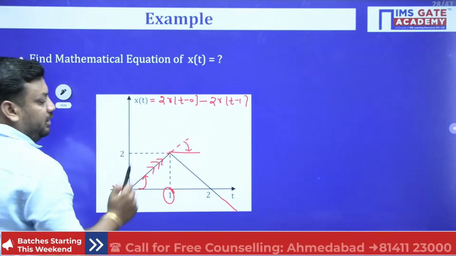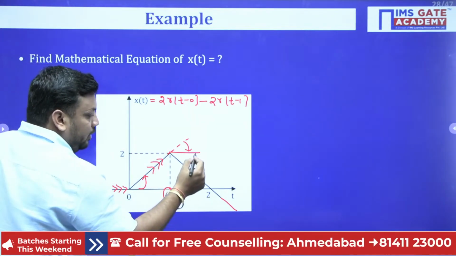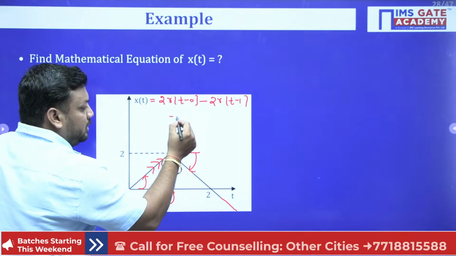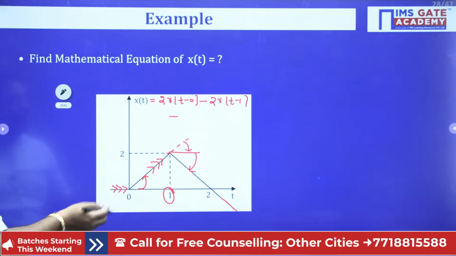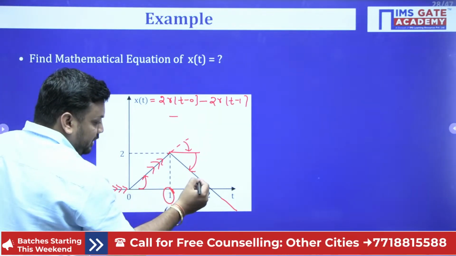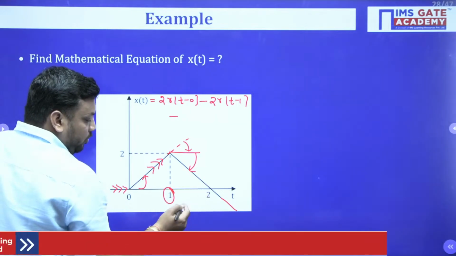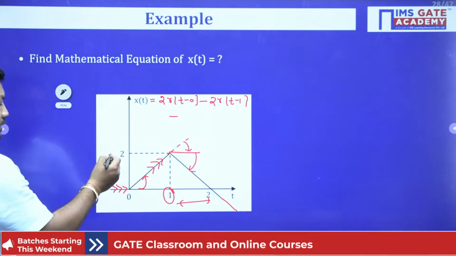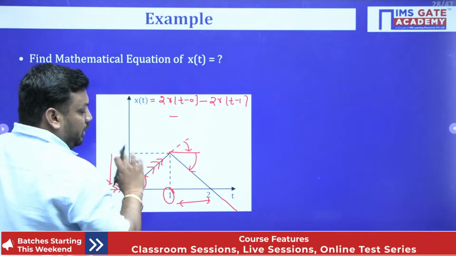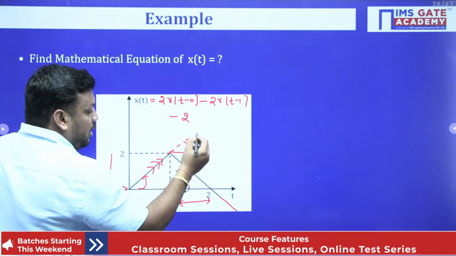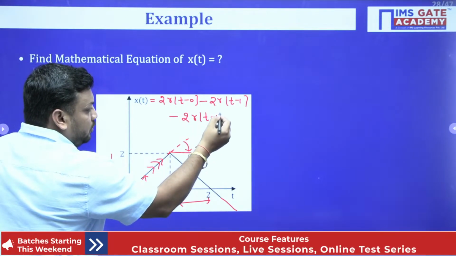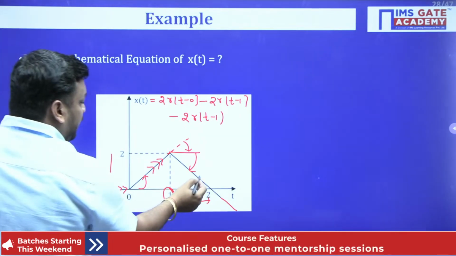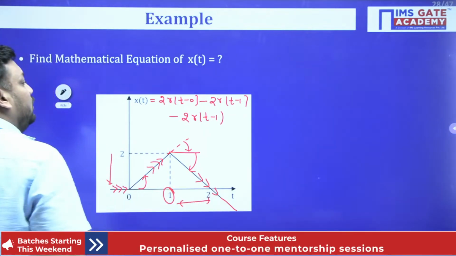Now you are at this place, but you have to follow the black line. So again you are coming downward, it means minus. What is the last line slope, guys? 2 only, because now what is this line slope? The difference in y is 2 and the distance in x is 1, so again you should write 2 upon 1. So here is 2 and the location of movement is 1, it means 2 r of t minus 1. And now we are traveling like this. So the ultimate equation